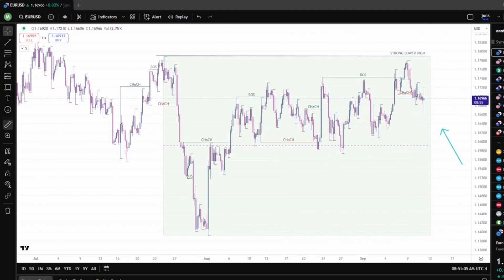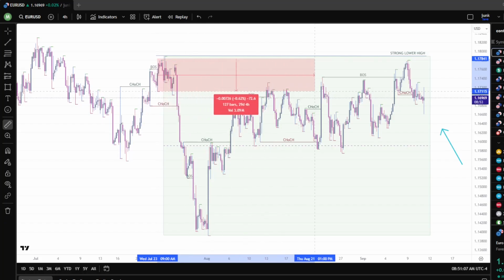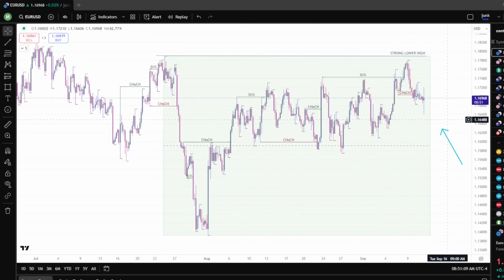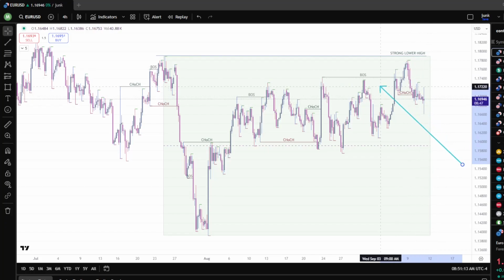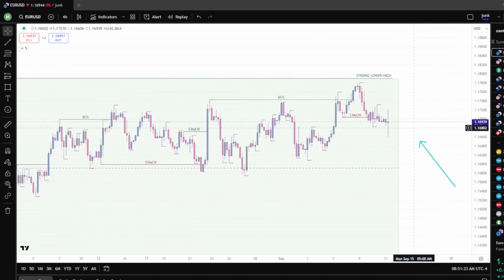Price reacting from this area of supply, which pushed prices down previously. It's acting as an area of resistance. That's where price is right now, starting to break down. With this being the area of support, this being the area of resistance, prices come back into this area of consolidation. So I'm not really looking for any type of buy or sell until it does break past this strong